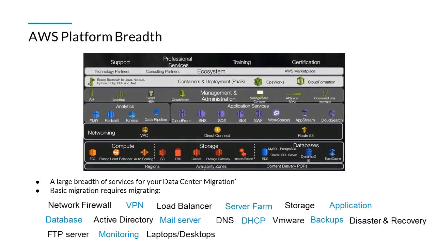AWS Platform Breadth. A large breadth of services for your data center migration. Basic migration requires migrating network firewall, VPN, load balancer, server farm, storage, application, database, Active Directory, mail server,